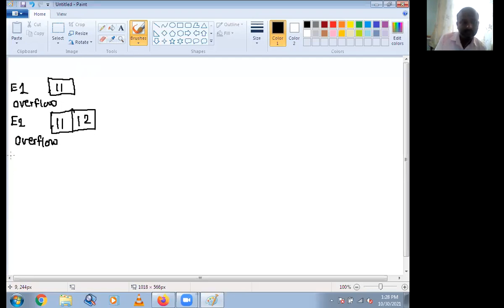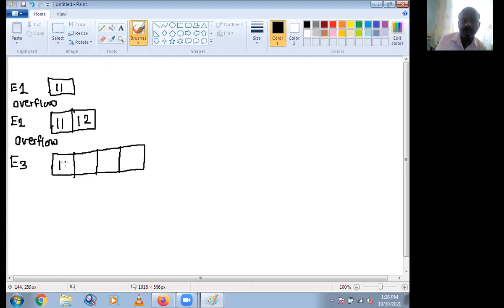Suppose I want to insert a third element, then take double the memory space of the previous. Here the previous is only two spaces, so take double and copy the previous elements as they are.